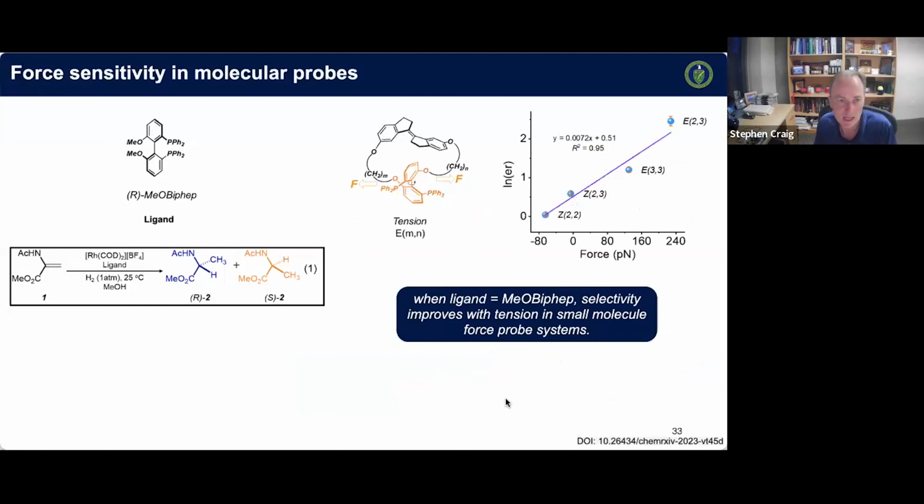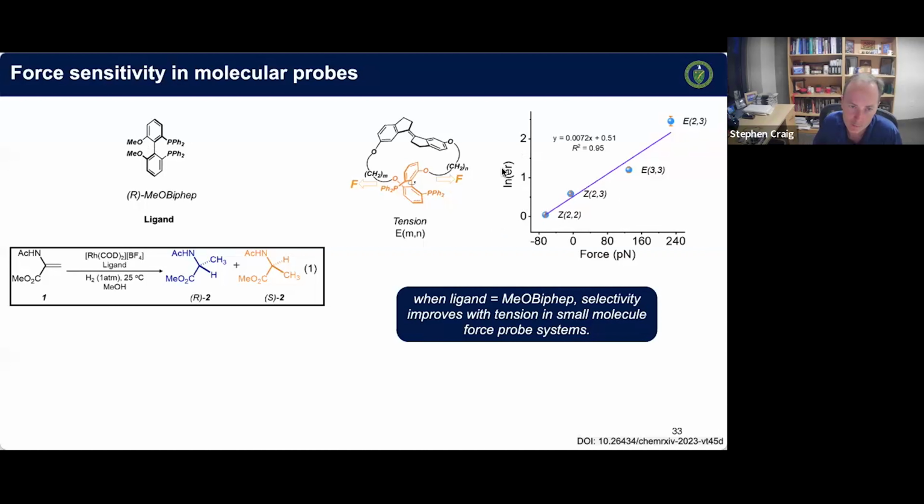Okay. And Shujun thought that this would be a very nice reaction to test that concept on, because he showed, using small molecules and using essentially force in the form of intramolecular tension in a strained macrocycle. This is work done with Roman Bulatov, who's figured out how you can computationally figure out the relevant force here, to show that as a force of tension on that ligand goes up, the enantioselectivity, so ER here